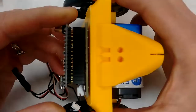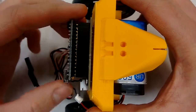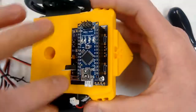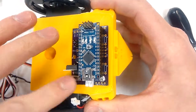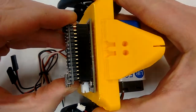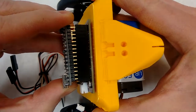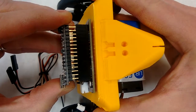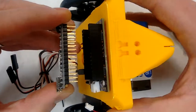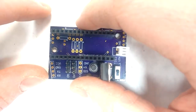We will also need to take off the Arduino. So again, to pull it off, don't grab it by the metal piece here. Grab it by the corner of the circuit board right there, and then just gently rock it back and forth slowly, very slowly, so you don't end up bending any of the pins. If you do end up bending pins, it's okay. We can straighten them out with a wire, but it's best not to. Once you've removed your circuit board,